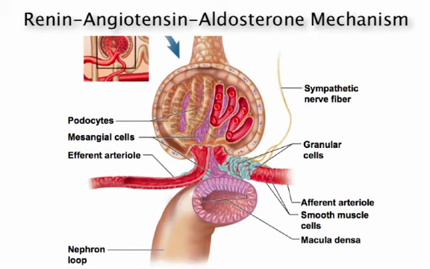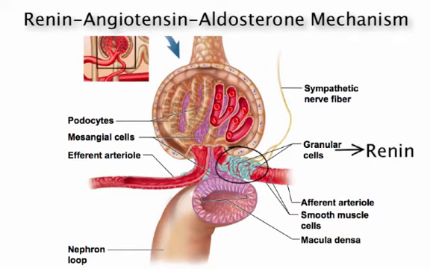Any substantial drop in blood pressure due to bleeding, dehydration, or some other cause is detected by the baroreceptors in the aorta and the carotid arteries. They send a nerve signal to the brainstem, which then initiates various corrective sympathetic reflexes. One of these mechanisms is a response in which the sympathetic fibers stimulate the granular cells of the kidney to